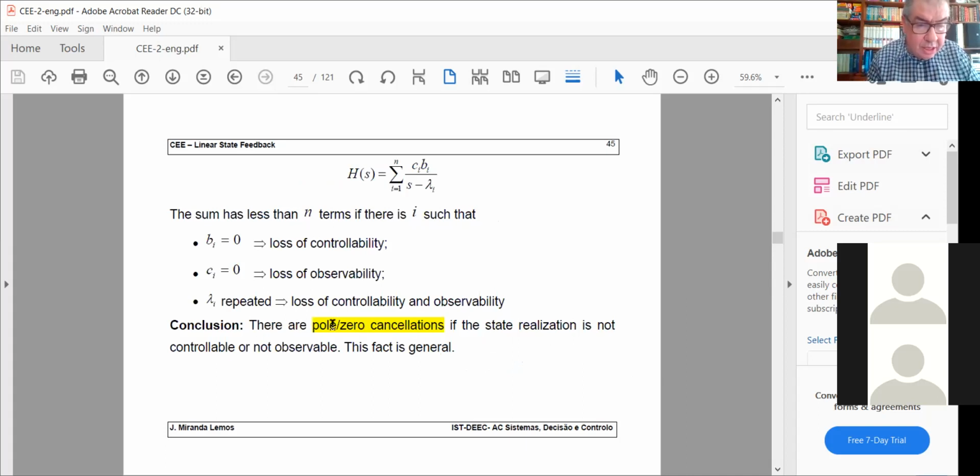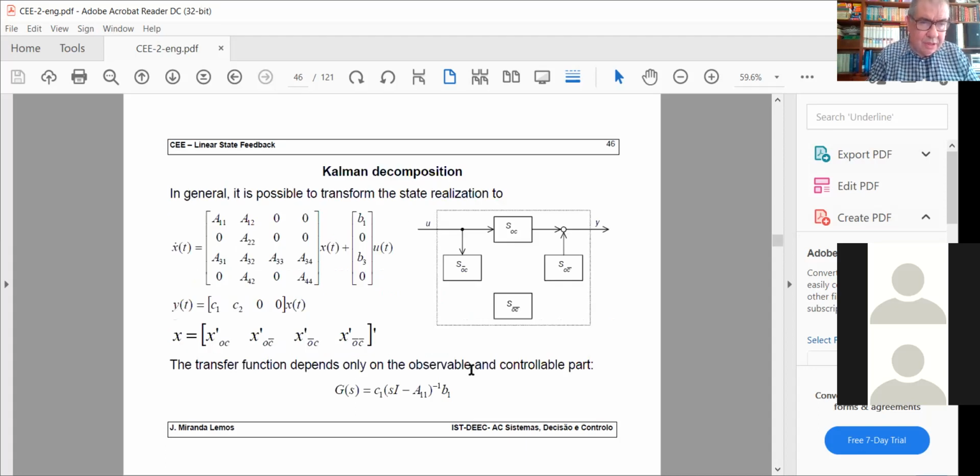So this is an important conclusion that you should remember, which means that if you lose controllability or observability, then there will be pole zero cancellations. Okay, and this is a general fact, not only for diagonal systems. Let's see some examples. Okay, before the examples, actually,